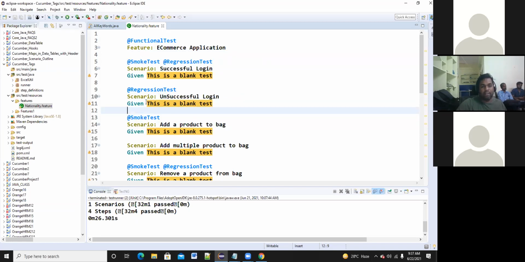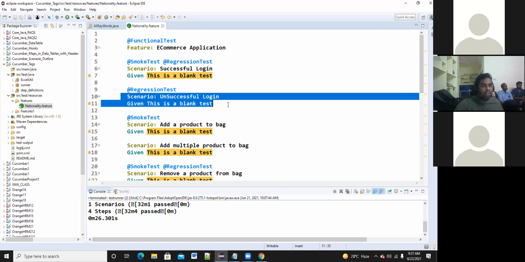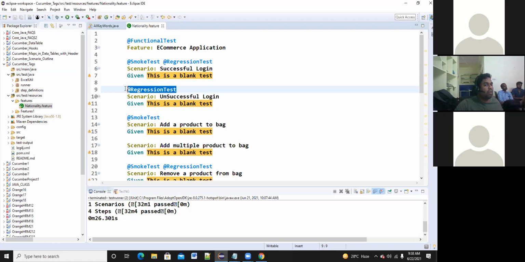If you want to specify that a feature file scenario belongs to so and so group, you need to define it like this.